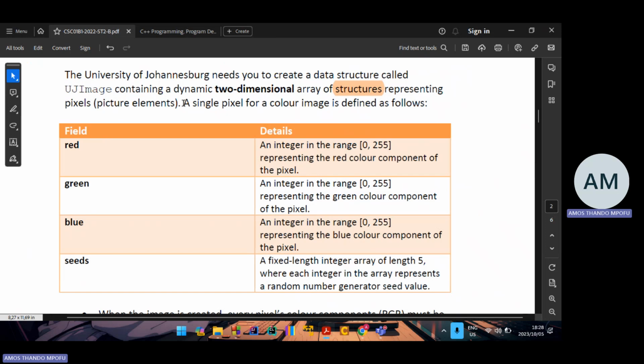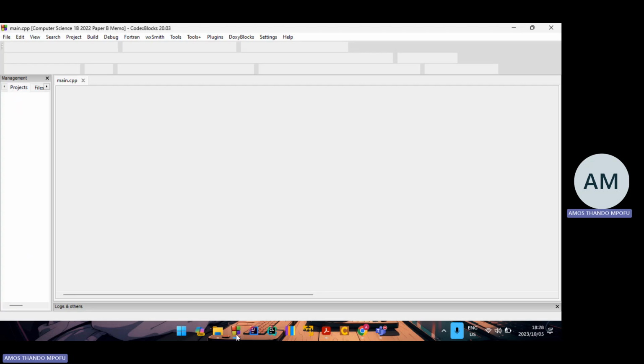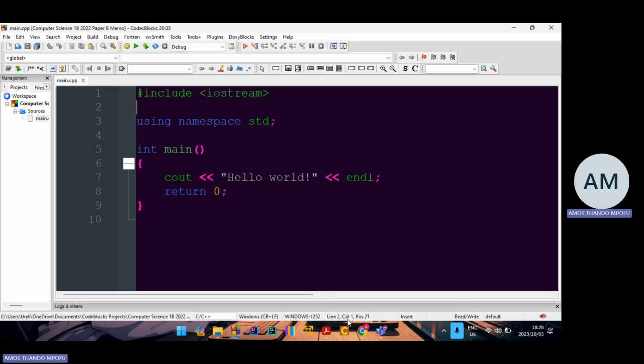So a single pixel for a color image is defined as follows. As you can see, they said it should represent pixels. Now they're telling you information about each pixel. So basically they're telling you the information that should go inside of the record structure. So we're going to do that, but for now, what I'm going to do is